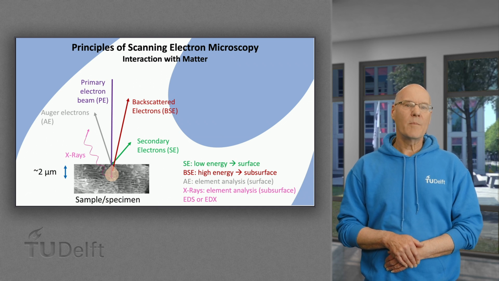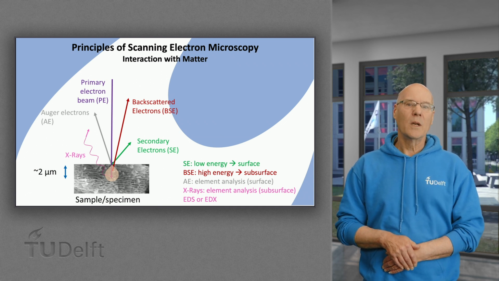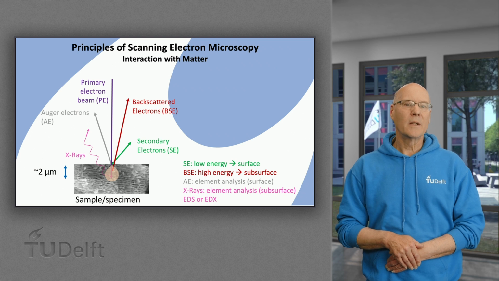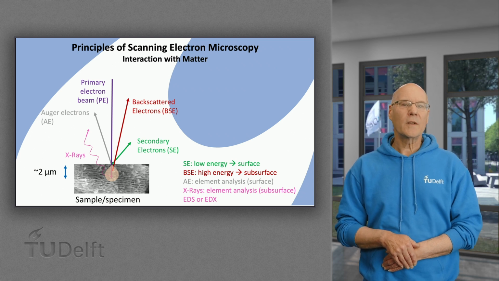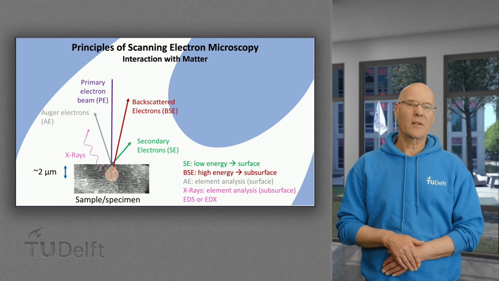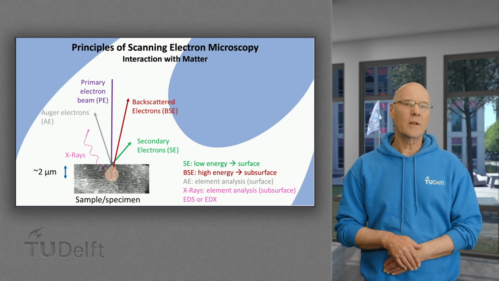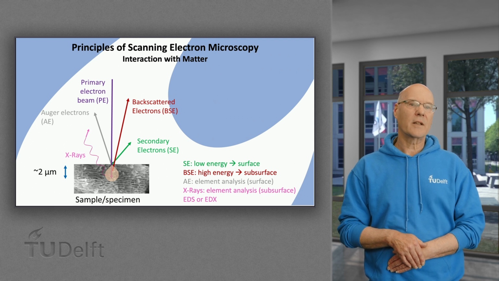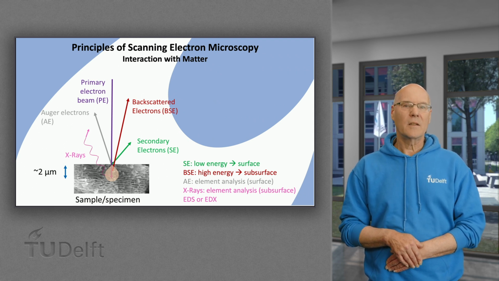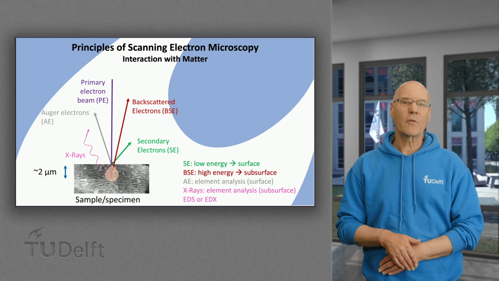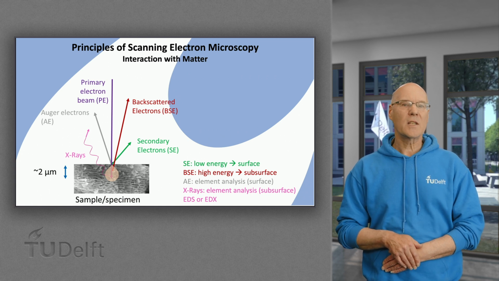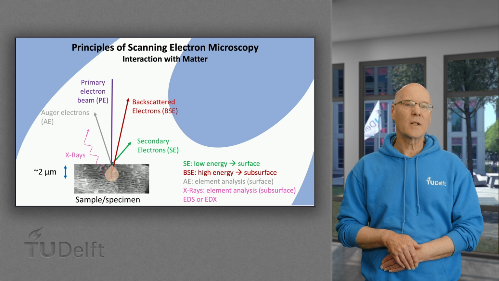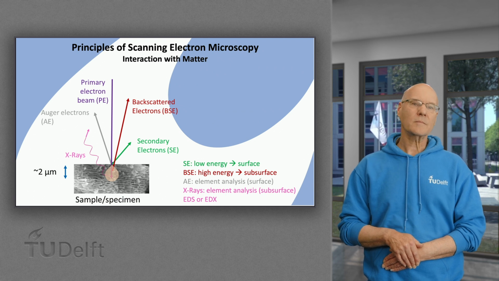Another part of the beam that penetrates the sample up to about 2 micrometer will interact with the nucleus of the atoms and will be backscattered due to the charge of the nucleus. These electrons then are detected by the backscattered electron detector. This detector will monitor specifically heavy elements, as these interact with the electrons stronger than lighter elements.